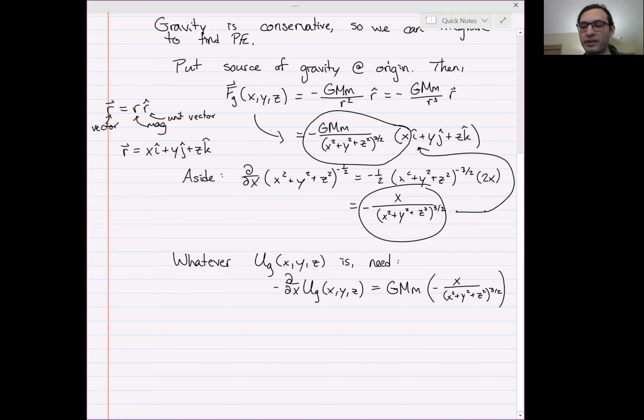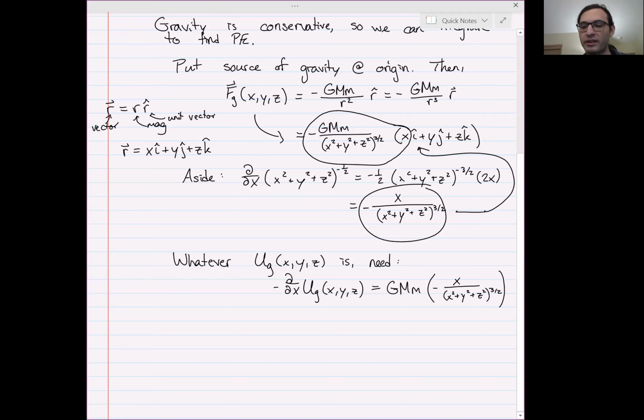But we already know how to form this function, right? We know what you have to take the derivative of in order to get this thing. That was this whole point that I just made. If you take a derivative of x squared plus y squared plus z squared to the minus 1/2, you get what we wanted back out. And so what we find is that u sub g of x, y, and z should be equal to minus G capital M little m divided by x squared plus y squared plus z squared to the 1/2